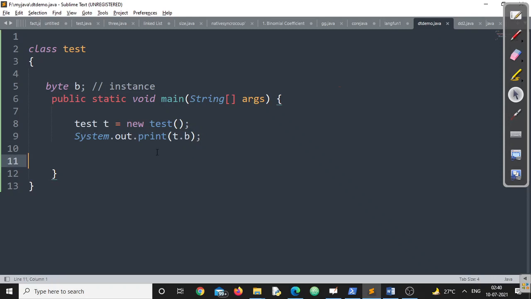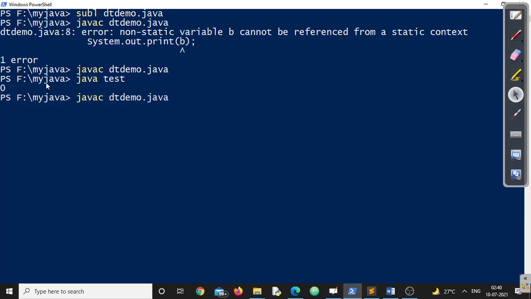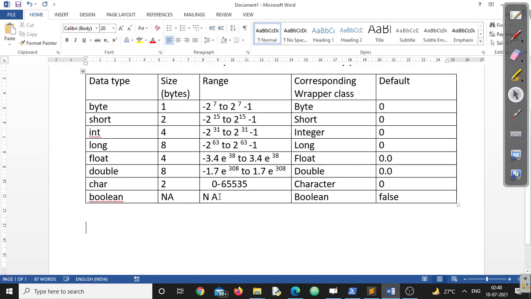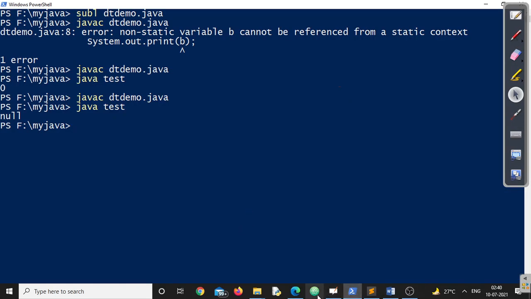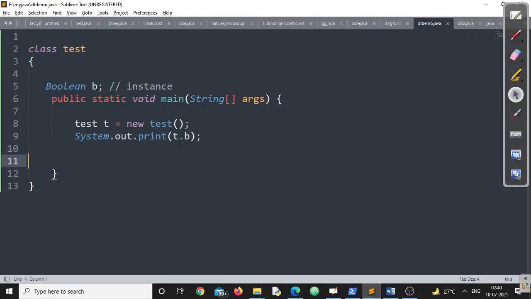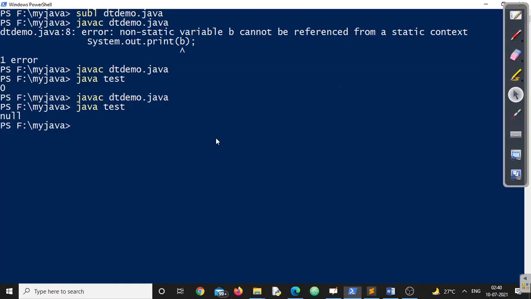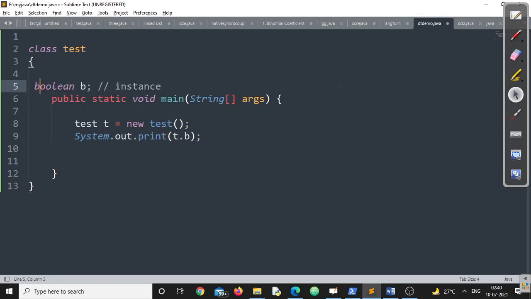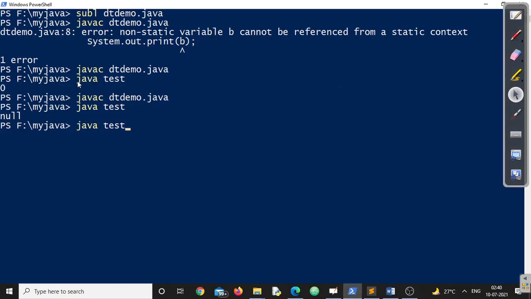Remember, suppose I am writing a boolean here. Boolean, right? Now, let's check what the value for boolean will be. Will it be true or will it be false? Definitely, it is going to give me a false value. Just a second. I am writing capital B Boolean. That's why I am getting a null value. This is not primitive. For primitive, it should start with a small b. Remember that point.